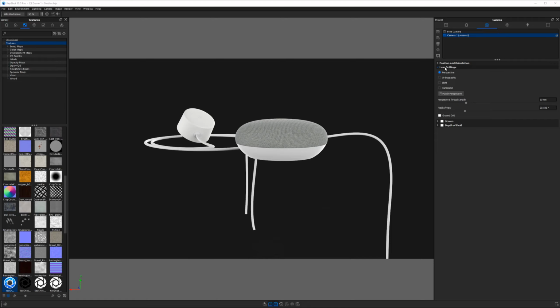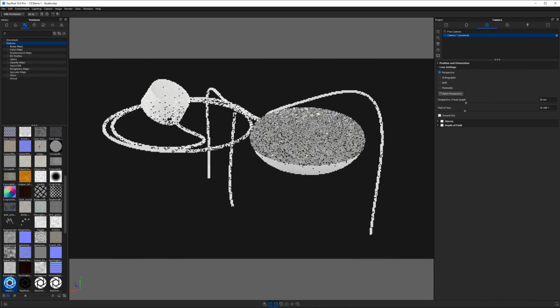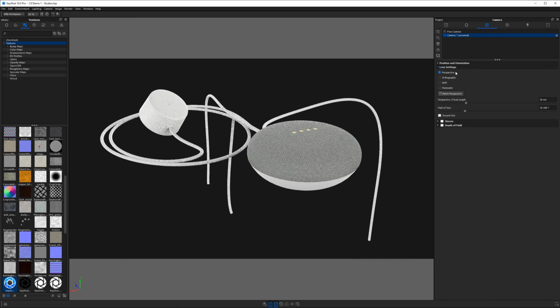Okay, so let's actually talk about our lens settings. The first item within our lens settings is a perspective lens, I guess. This best mimics what we are used to seeing. So perspective is a little tough to define, but it has to do with how things appear relative to one